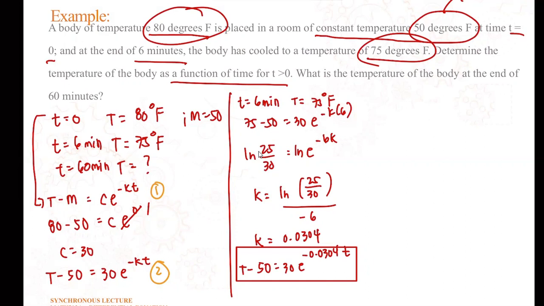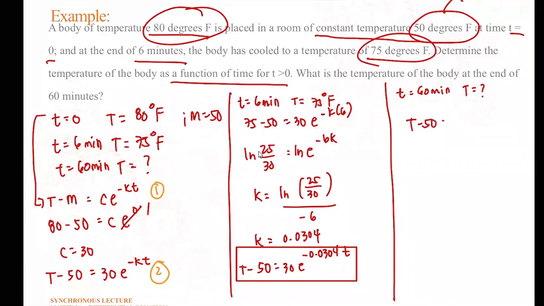Next is yung last na tanong. Temperature natin kapag after 60 minutes. Okay? So substitute mo lang. T minus 50 is equals to 30 e negative 0.0304 times 60. So T, transpose mo lang yung 50 dun sa kabila, plus 50. So yung temperature natin will be 30